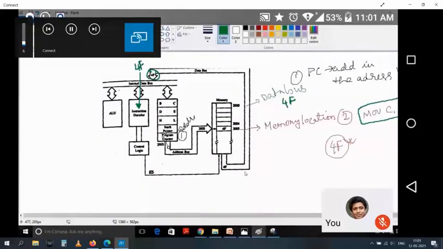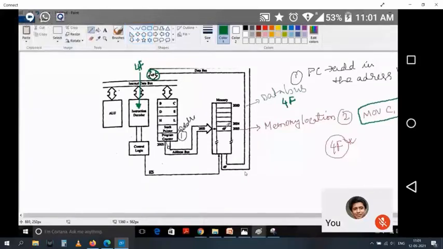First, it is going to the program counter, taking the address. It is going to this location where 4F is stored, and it is reading it. See, another read signal is going here again, telling it to go and read what is there in that memory location. Otherwise, we will not know. After reading, it is putting it on the data bus. On the data bus, 4FH is put.